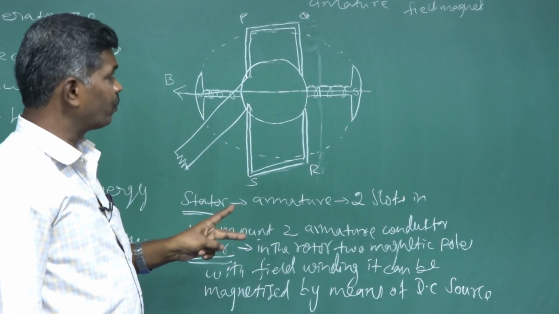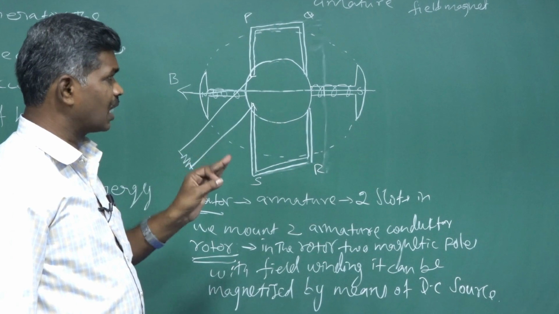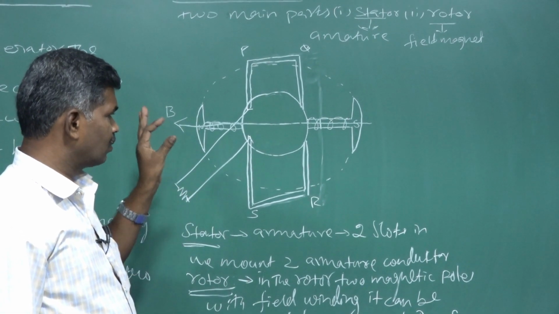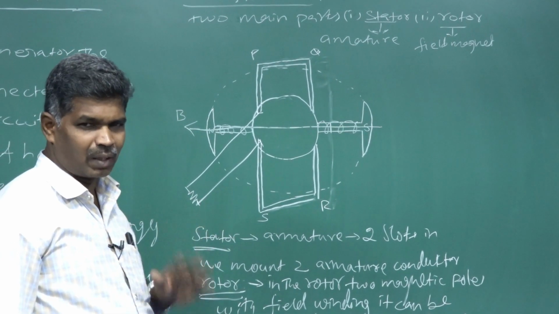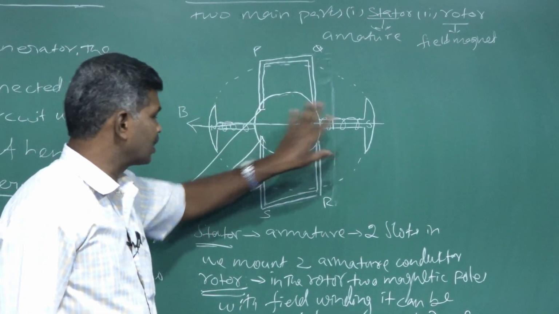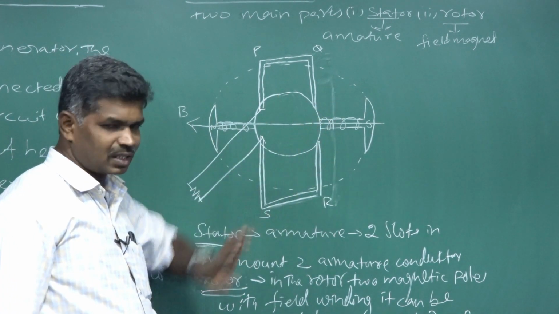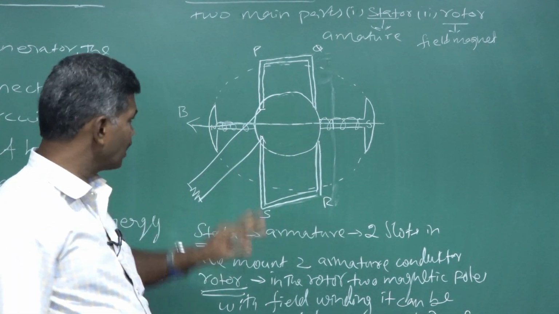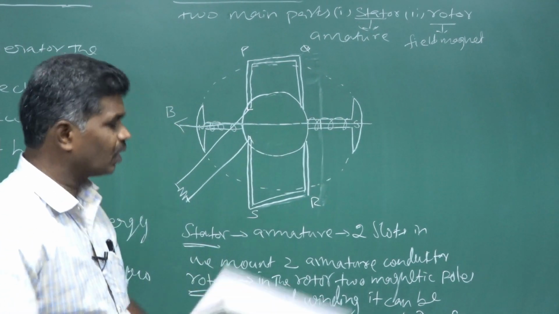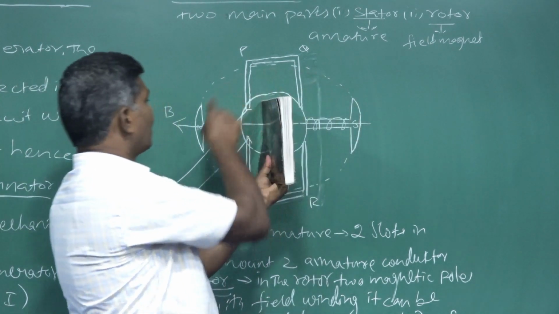There we have two main parts, stator and rotor. The armature acts as a stator, that is in a static position. The field magnet acts as a rotor, and the field magnet is an electromagnet. There we have a coil of wire formed like that. If you pass a current through these coils, one end produces a south pole, another end produces a north pole, and a magnetic field is produced. So we have the armature conductor like that, and we have the field magnets.